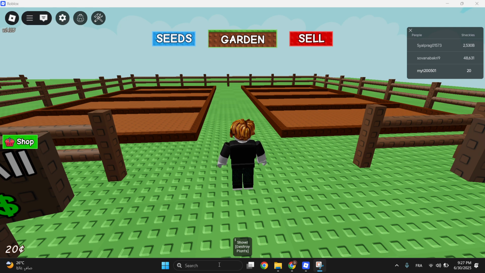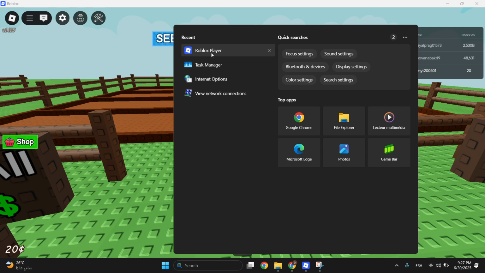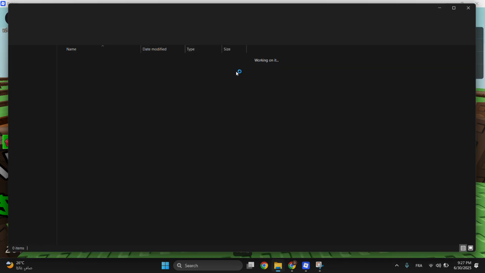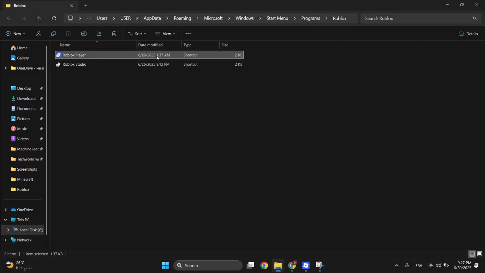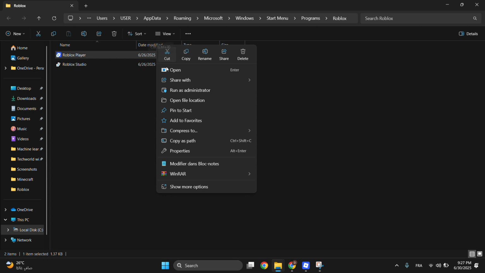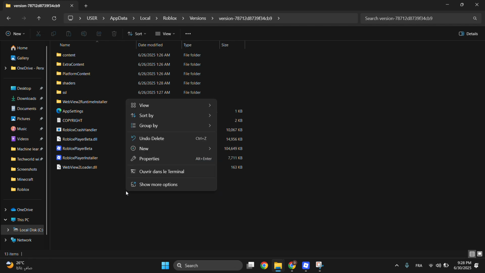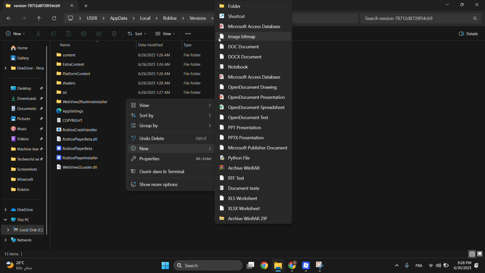So first of all, just search in the search bar, look for Roblox player, right click on it and then click on open file location. You will click on Roblox player another time and click on open file location, and then all you have to do is just right click here, click on new, and then